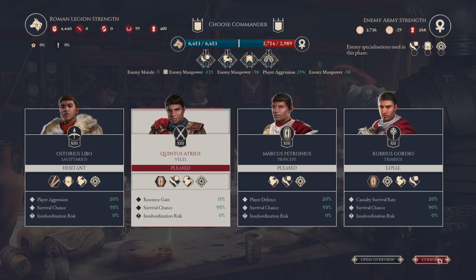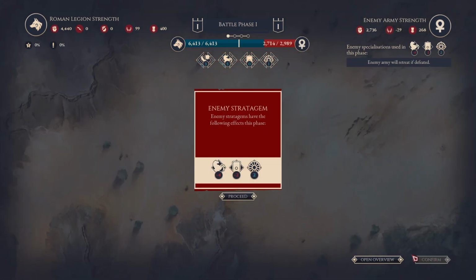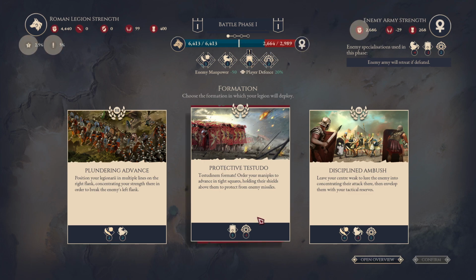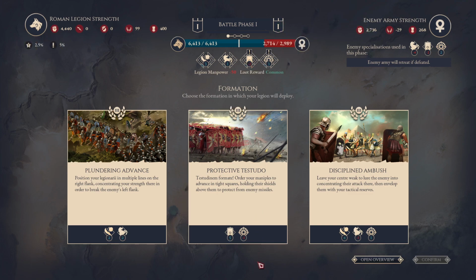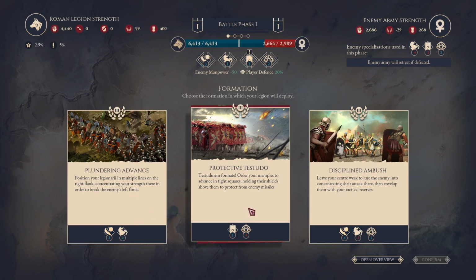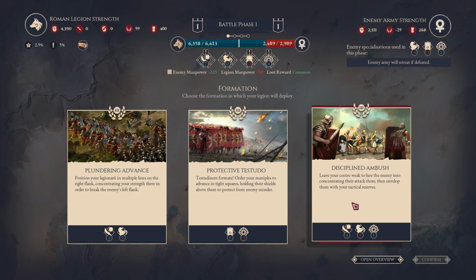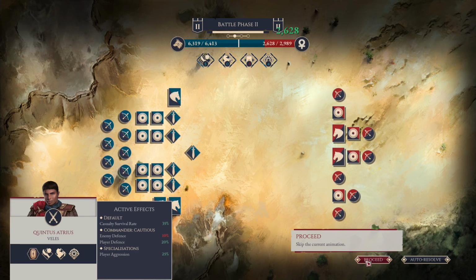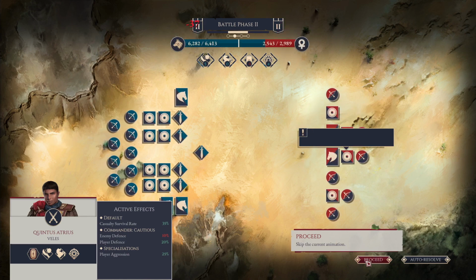I'll take you. I also like a resource gain. -4, -2, +2. Which I'm getting. Shall we use common loot reward already? Legion manpower -50. Tempted to go with that. Plundering advance isn't going to change anything. Enemy manpower -225. I'll take that. Alicite hostes in informata mamitiam accio. I do want to avoid...